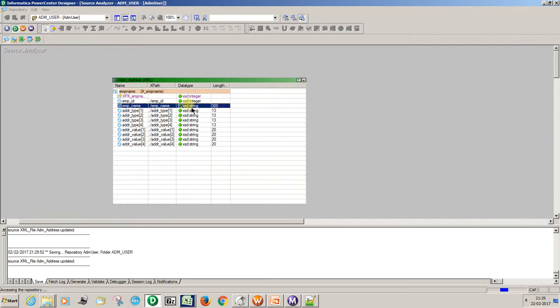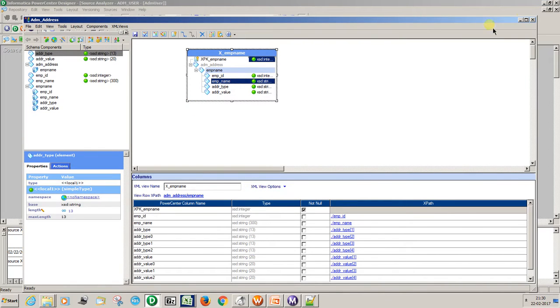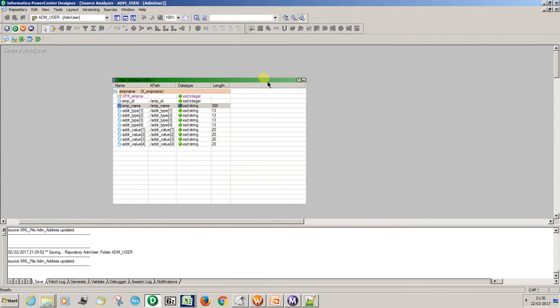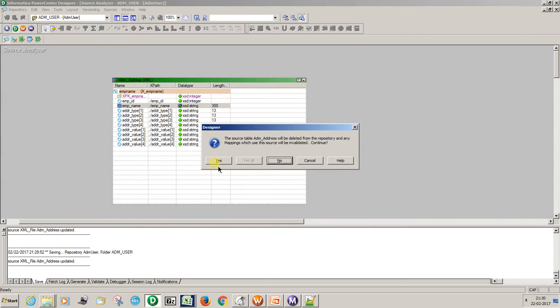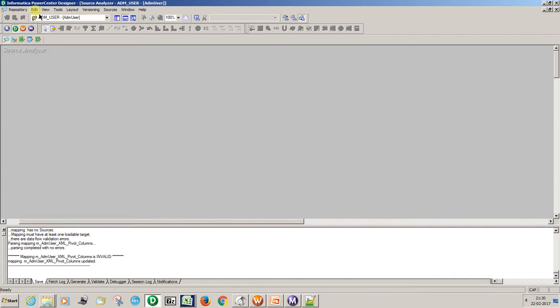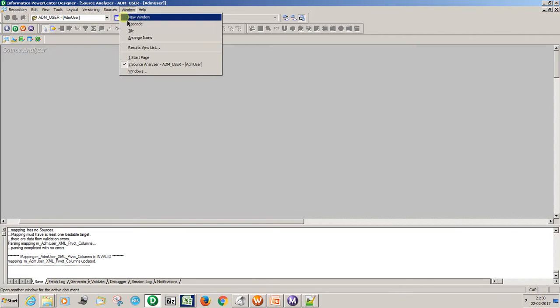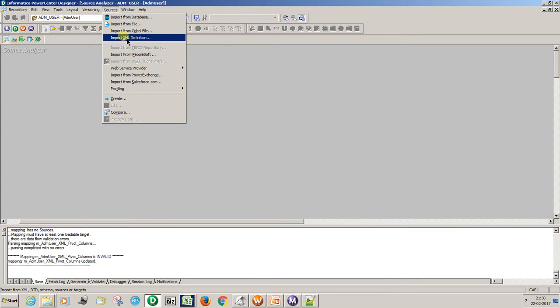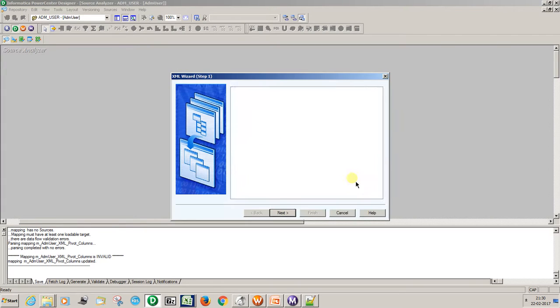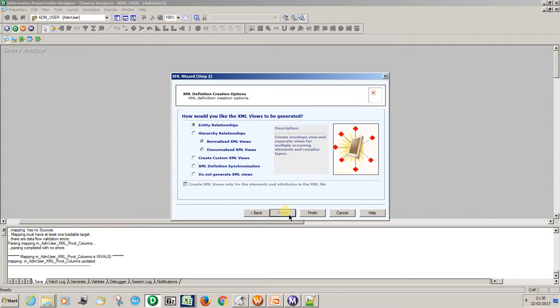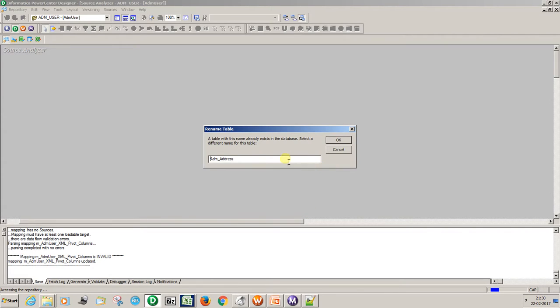Okay, this is already synchronized. Okay, fine, I will tell you. Sources, input XML definition, ADM addresses, create hierarchy relationships, ADM addresses, you can say 1. Okay,